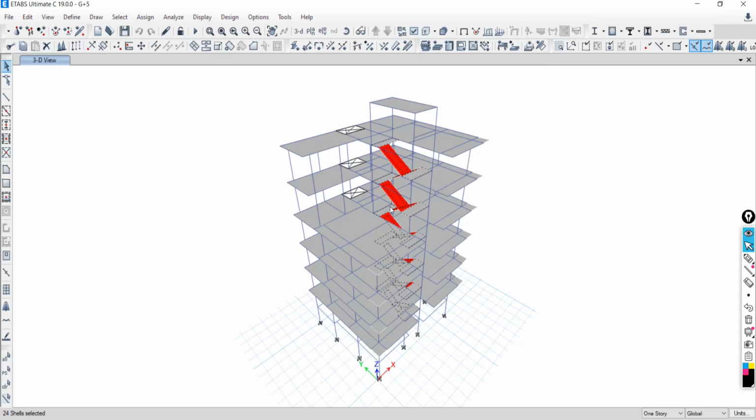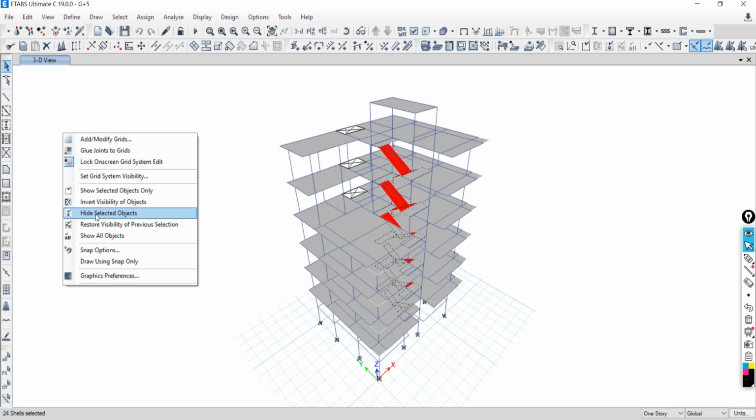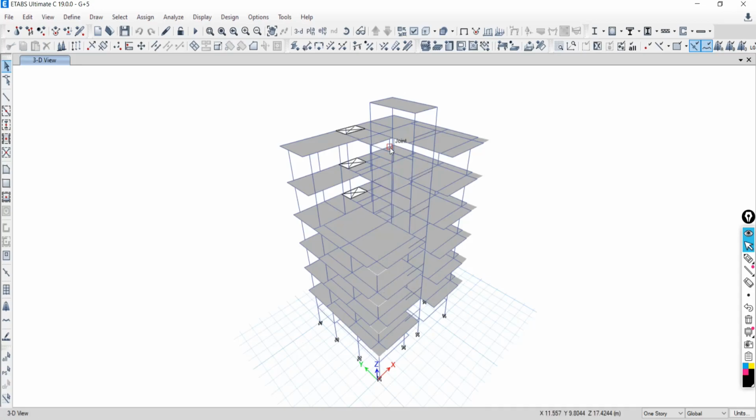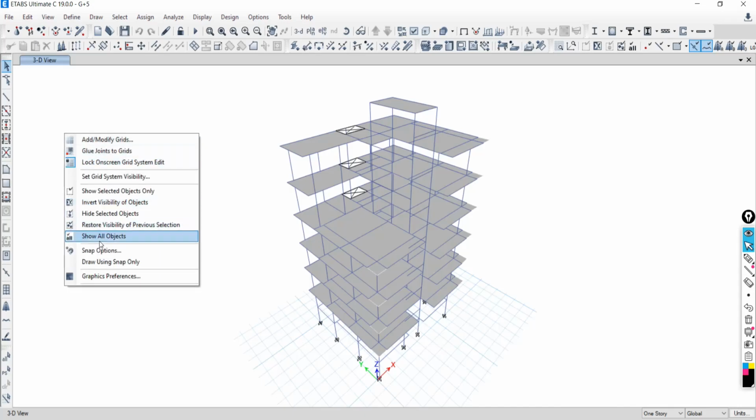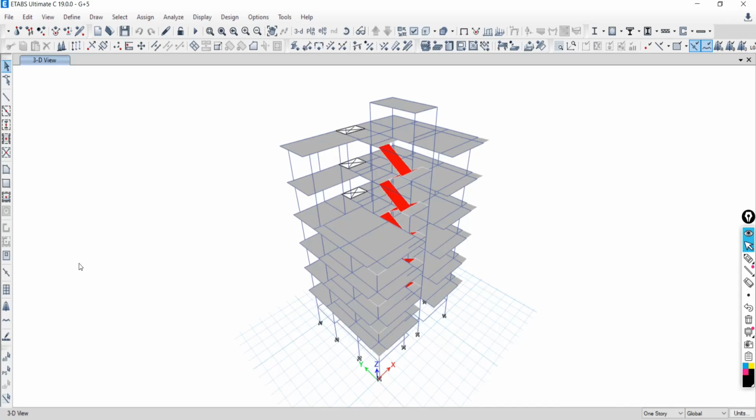I want to hide the selected thing. Then right click on the window, hide selected object. Just say hide selected. So the selected thing will be hidden. It is understood?